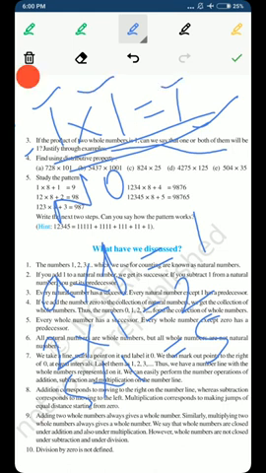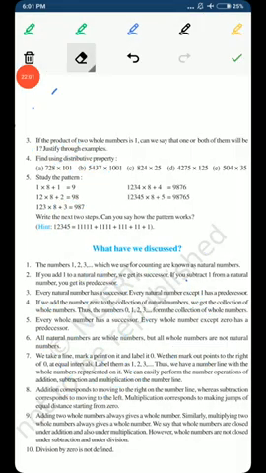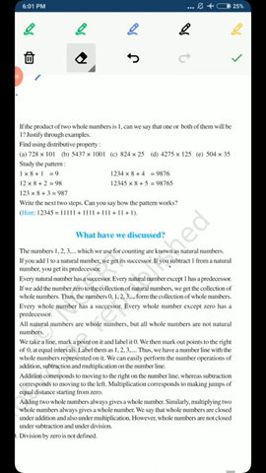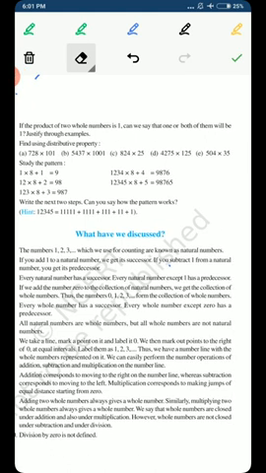1 into 1 equals 1 will be the example. And the next question is to find using the distributive property, and I have told you how to do the distributive property. Even the part A question I have solved in a previous video that I have shared with you, how to multiply 728 into 101. In the part 5 video I have shared the solution of this question with you, and in the same way you have to do them.